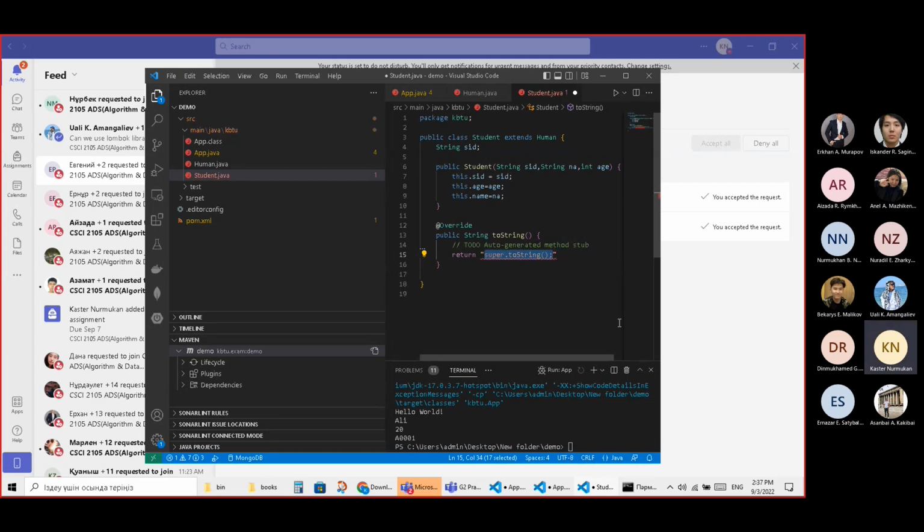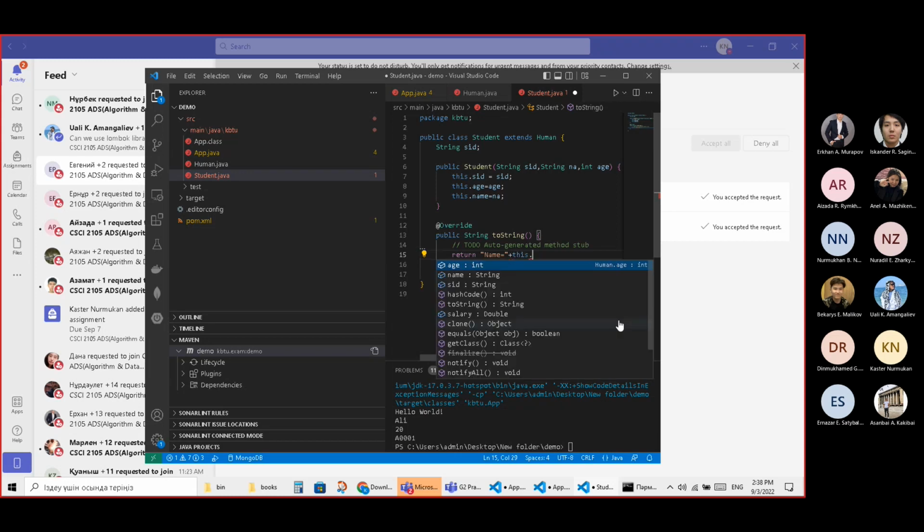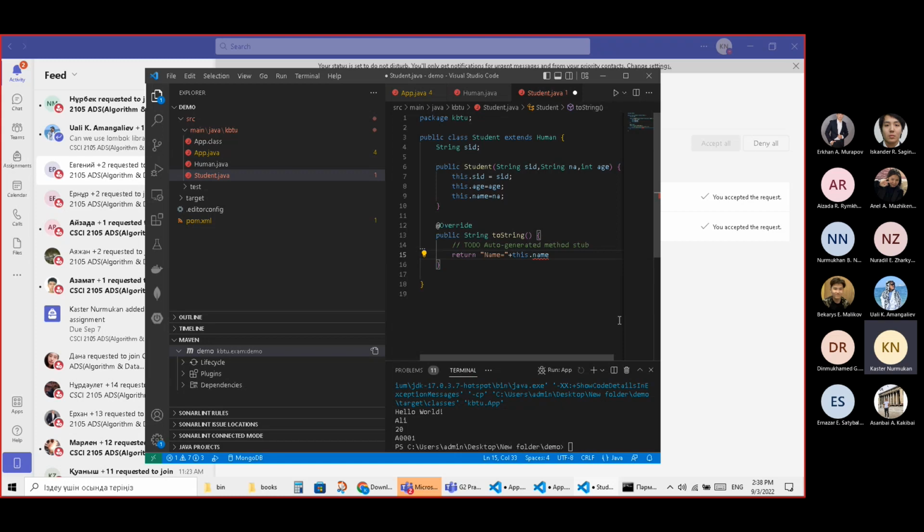I'm trying to let you understand what's the age. First of all, name equals name plus age equals age plus what's left? Name, student ID, yes, student ID equals this ID. Okay, blah blah. Now I'm just